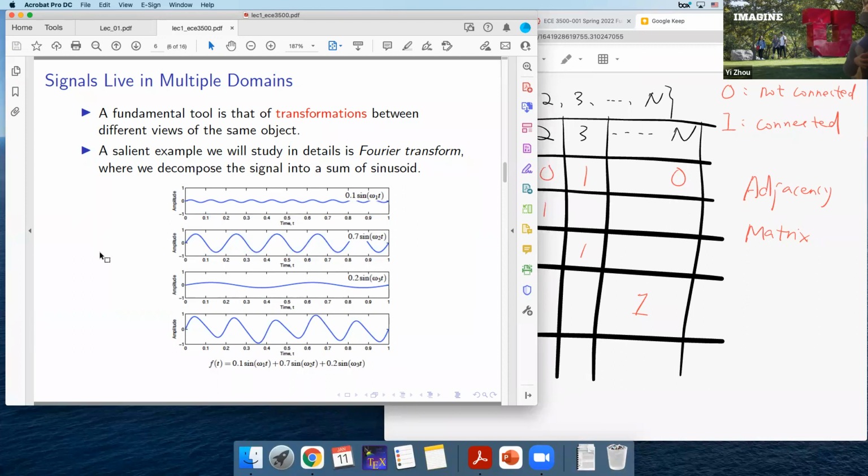Yeah, and do you know other examples of transforms? Any other types of transform that you can think of? Laplace transform. Yeah, we will also talk about that at the end of the lecture. Laplace transform is a generalization of Fourier transform. But in general, there are tons of transforms in the field of electrical engineering. In particular, if you take the image processing course, there are numerous transforms there.